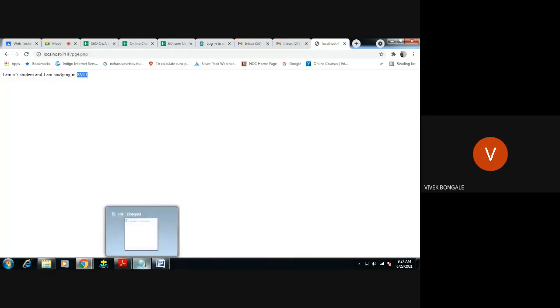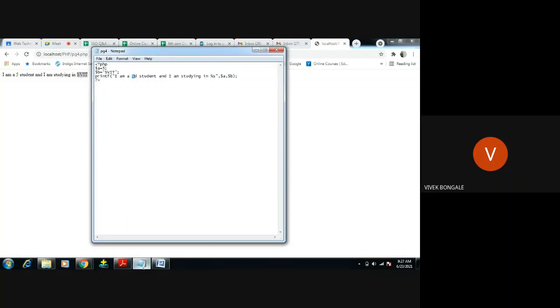So what if I want to pass some floating values? How to pass the float values there? For that we have to use the dot symbol.